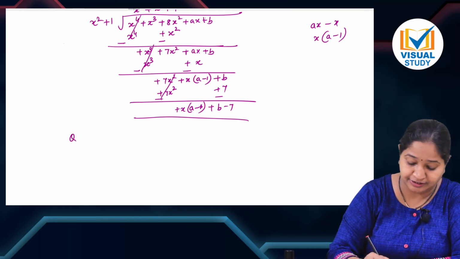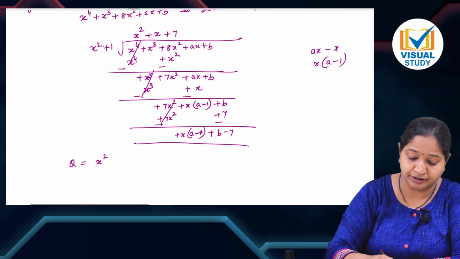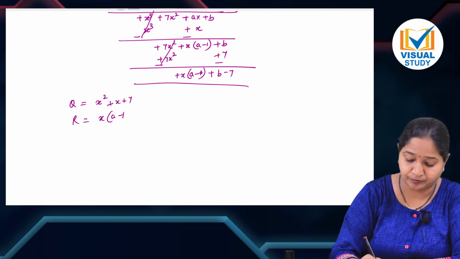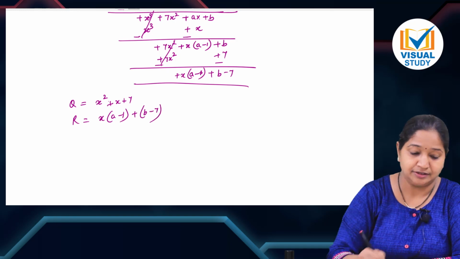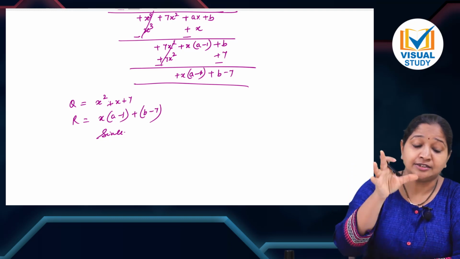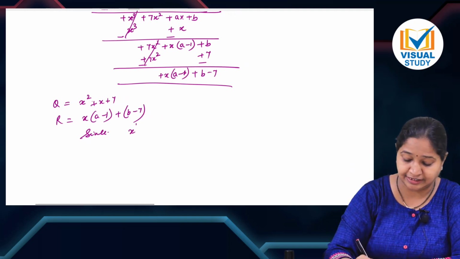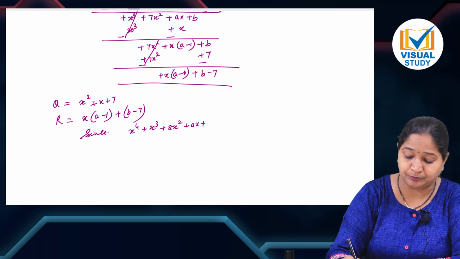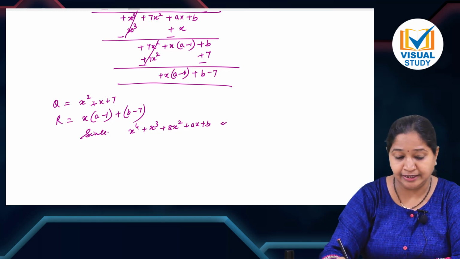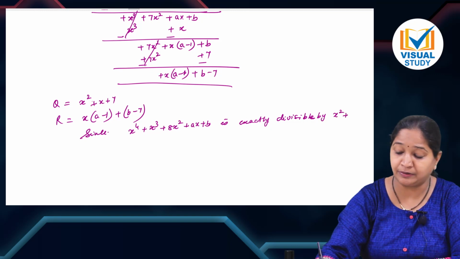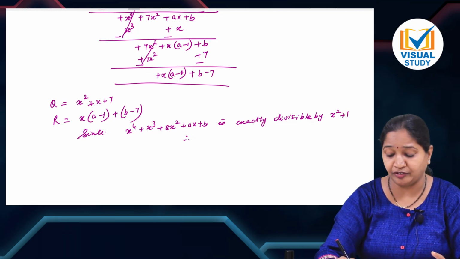So what we are going to do is, quotient is x square plus x plus 7. And what is the remainder? That is x into a minus 1 plus b minus 7. Since already they have told us that this whole polynomial, what they have given us, that is x raised to 4 plus x cube plus 8x square plus ax plus b, is exactly divisible by x square plus 1. It is exactly divisible, therefore your remainder should be